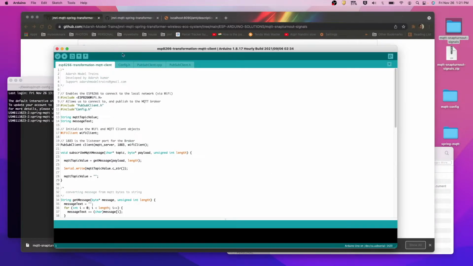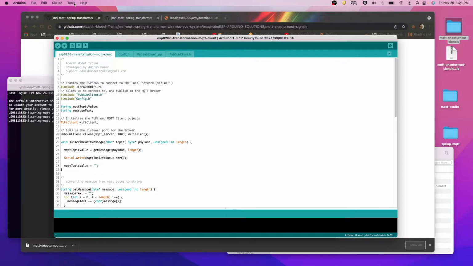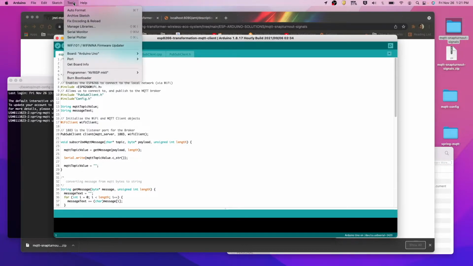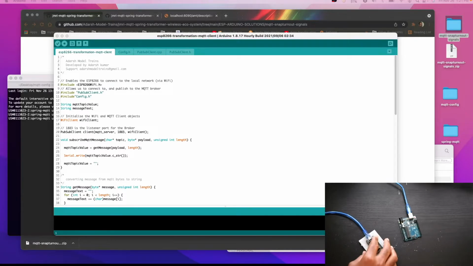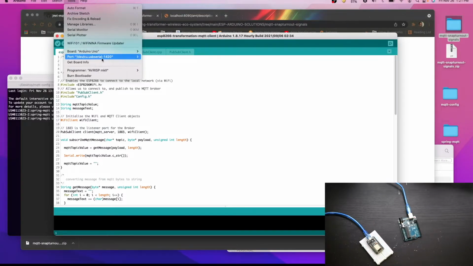It's the same code. So first thing we have to do is plug the NodeMCU to the router. I have connected NodeMCU here. Now we have to select the port.